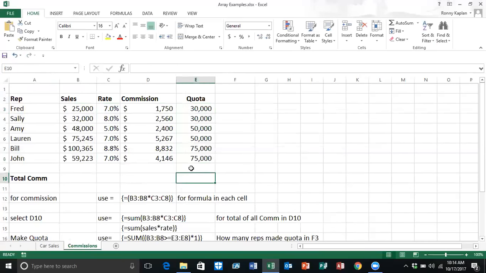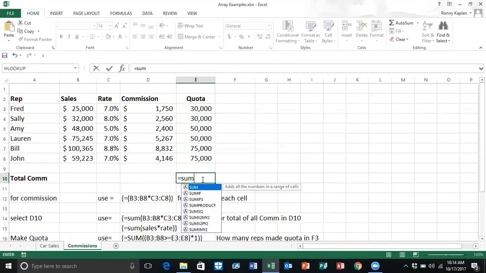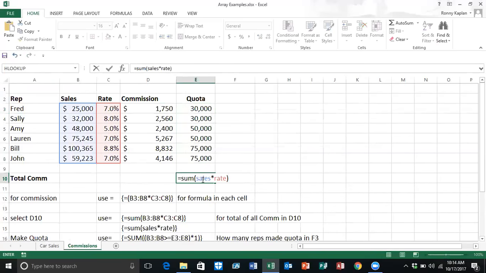So if we go to this total commission cell here, and we say equal sum, and I can say equal sum of sales, okay, times rate, and put that in parentheses. I should be able to do Control-Shift-Enter and get the, again, let me just put it so we can read this a little easier here,